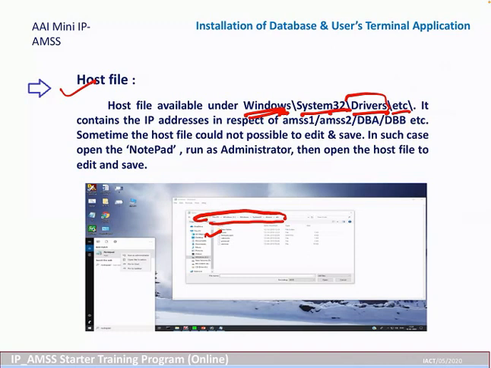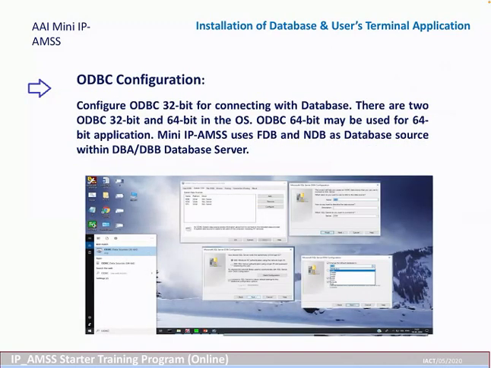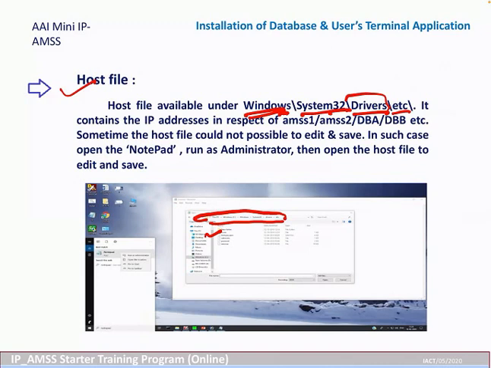Once you double click on it, you open the host file using Notepad, and after you open that file, you have to put in a few IP addresses and names. Like you have to put the IP addresses of AMSS1 and AMSS2. Database is not there, so you don't need to put the address of the database, and you can also put the addresses of different workstations as well. But the mandatory part is the IP address like